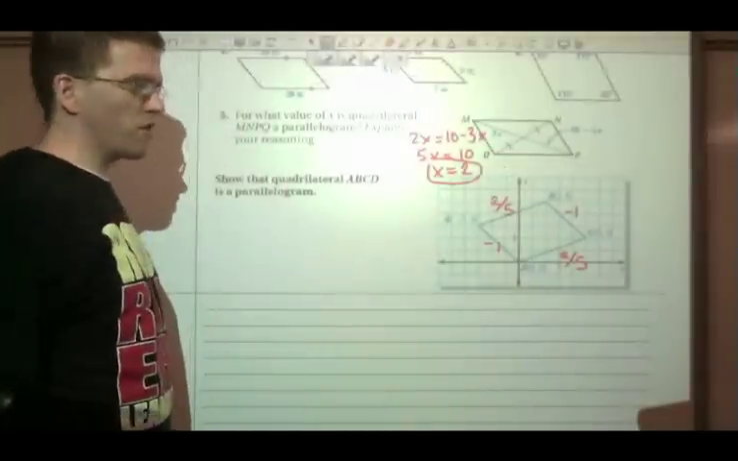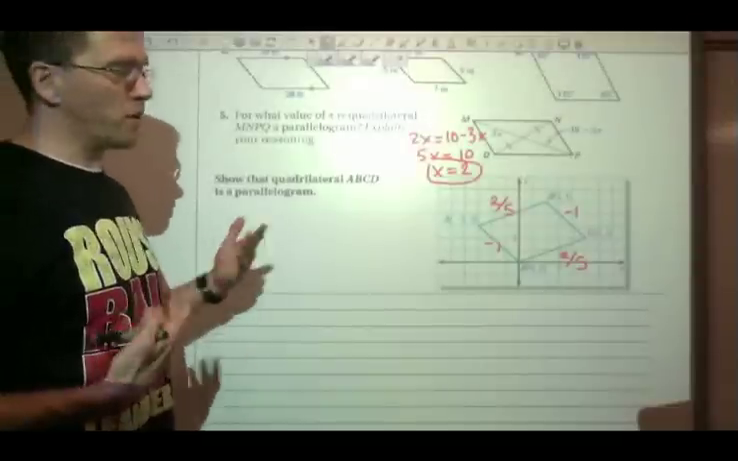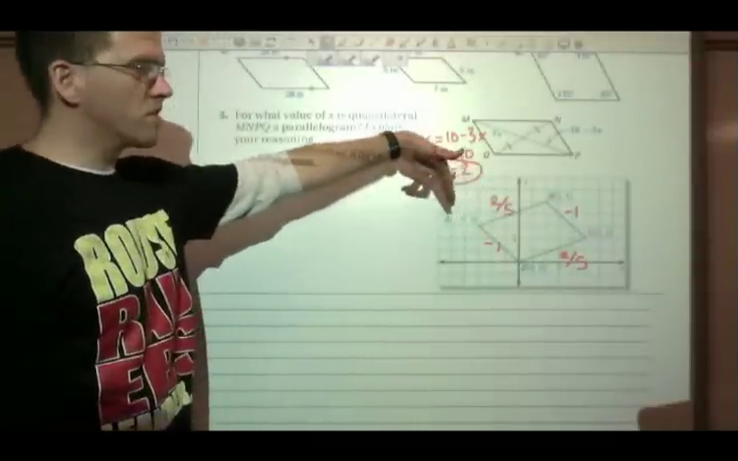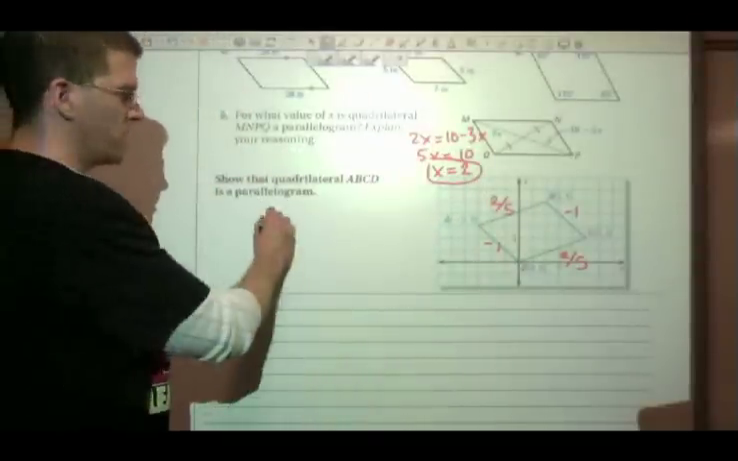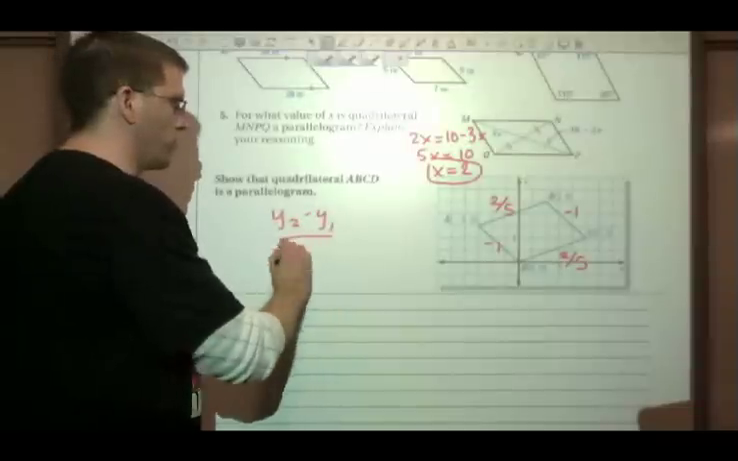That would be sufficient work if given to you on a graph. If you were given the points, you could either plot it and do this, or do the slope formula: y2 minus y1 over x2 minus